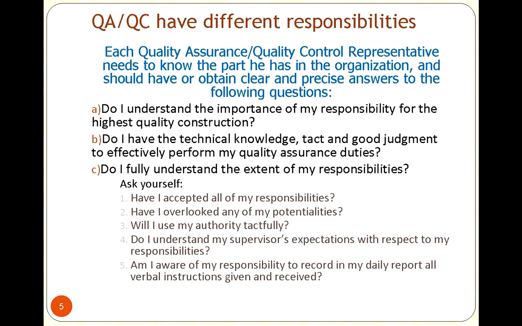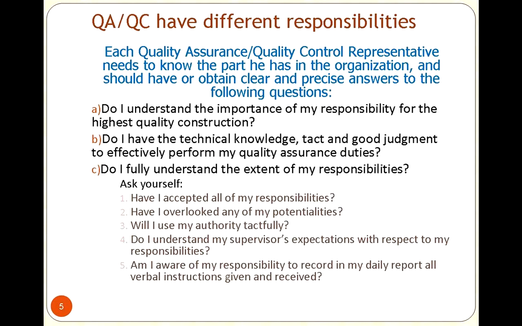It sounds a little bit odd, but a person needs to understand what role they play in making sure things work well, and do they have the technical know-how? Making sure that they understand exactly what it is that is supposed to be accomplished. Do they have the technical chops to do it, or is it something they may have to research a little bit? But tact and good judgment is thrown in there for a purpose.